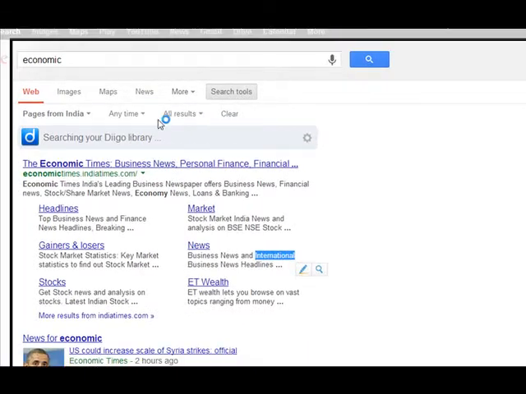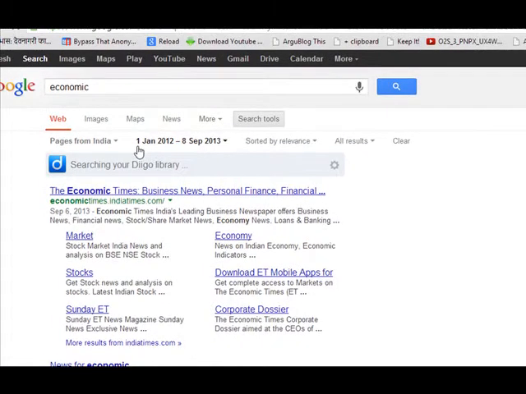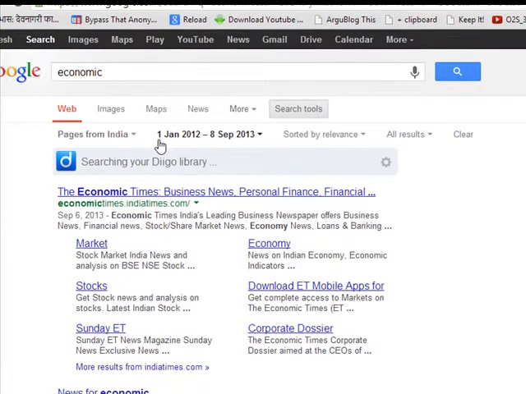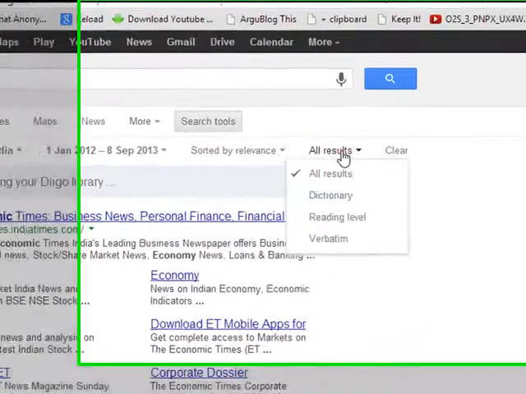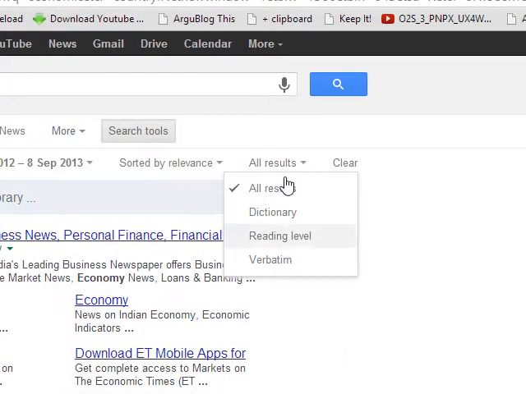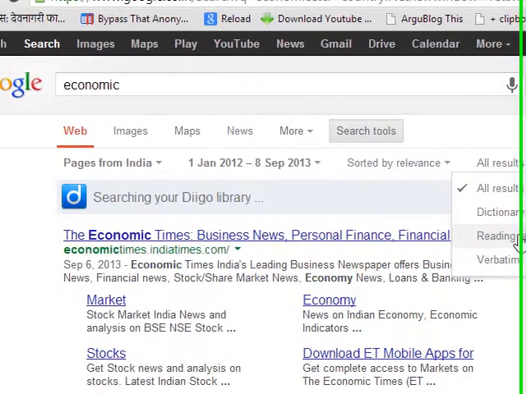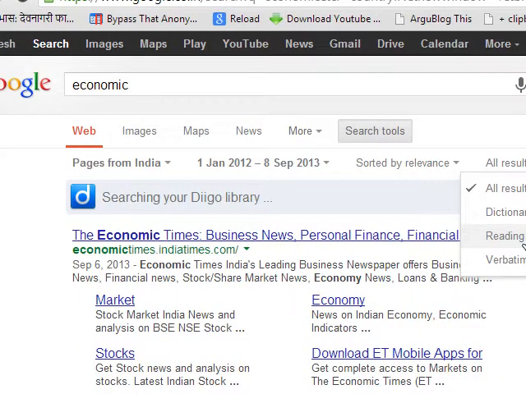Now the filter has been applied so that it will search information between this time period only, and this filter is going to stay unless you remove it. It will show all results, dictionary, reading level. Reading level is slightly advanced. If you want to search for information whose reading level according to Google is very high, then you can select this.